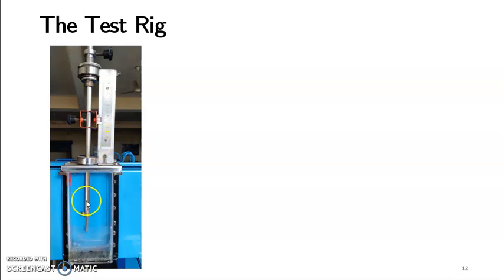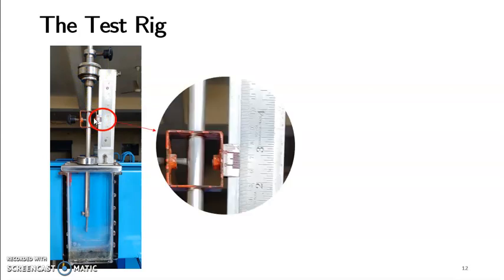In this hook gauge, at the bottom there is a hook shaped needle, and a rod is attached, and that rod has a scale connected, and it has two knobs, one lower knob and one upper knob. Here we have two scales, one is the vernier scale and one is the main scale. This is my main scale, this is the vernier scale, and the vernier scale is attached to the main scale to get more accuracy in the result.